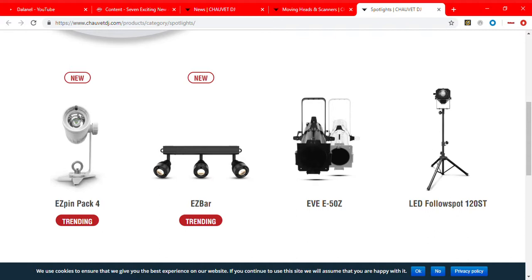So, today's topic, I want to talk about my thoughts on the differences between moving heads and follow spots. Now, I've used a follow spot. I should say I use follow spots more than I've used moving heads during my time doing lighting. And my idea behind it, I think I have a preference for the moving head,